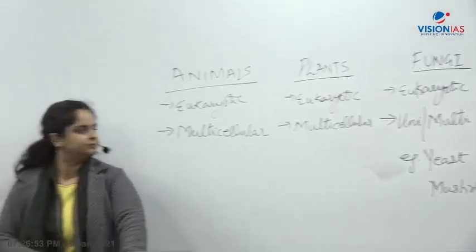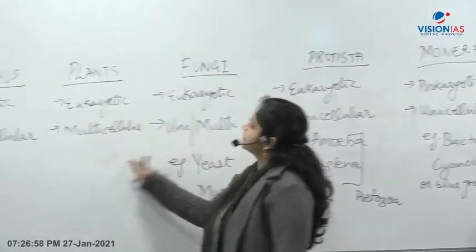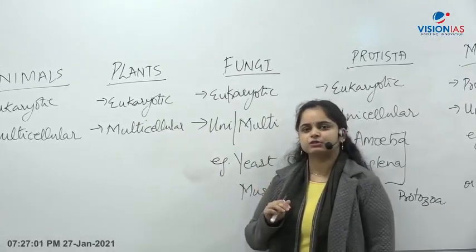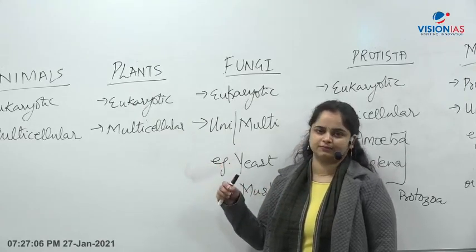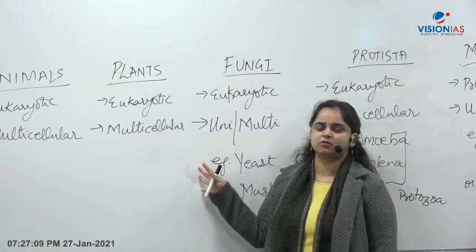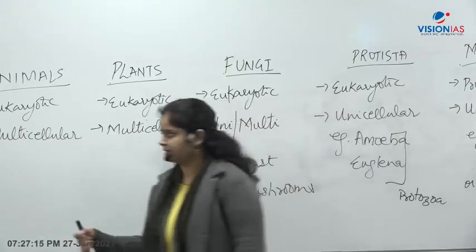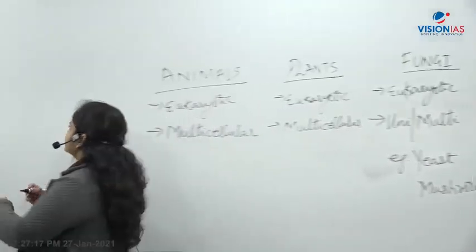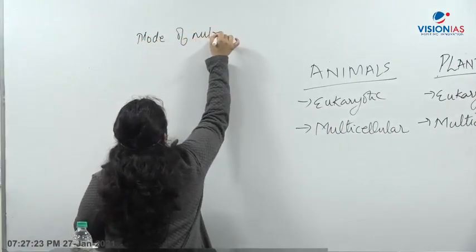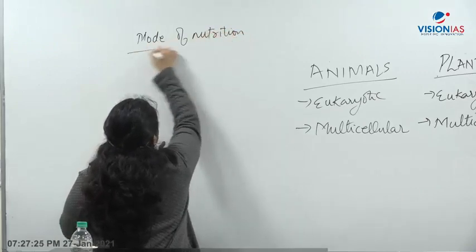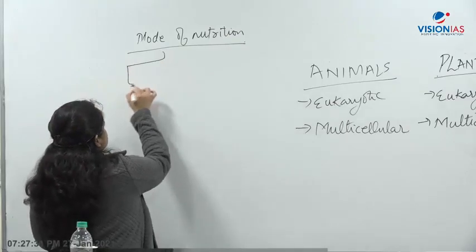Okay, all right. Now one more aspect, look at this, plants and fungi. Initially there was this debate that plants and fungi are supposed to be in the same group because they both have a cell wall, so they should be in the same group. But this was not done considering one small factor, and that is the mode of nutrition. Mode of nutrition of different organisms, we have